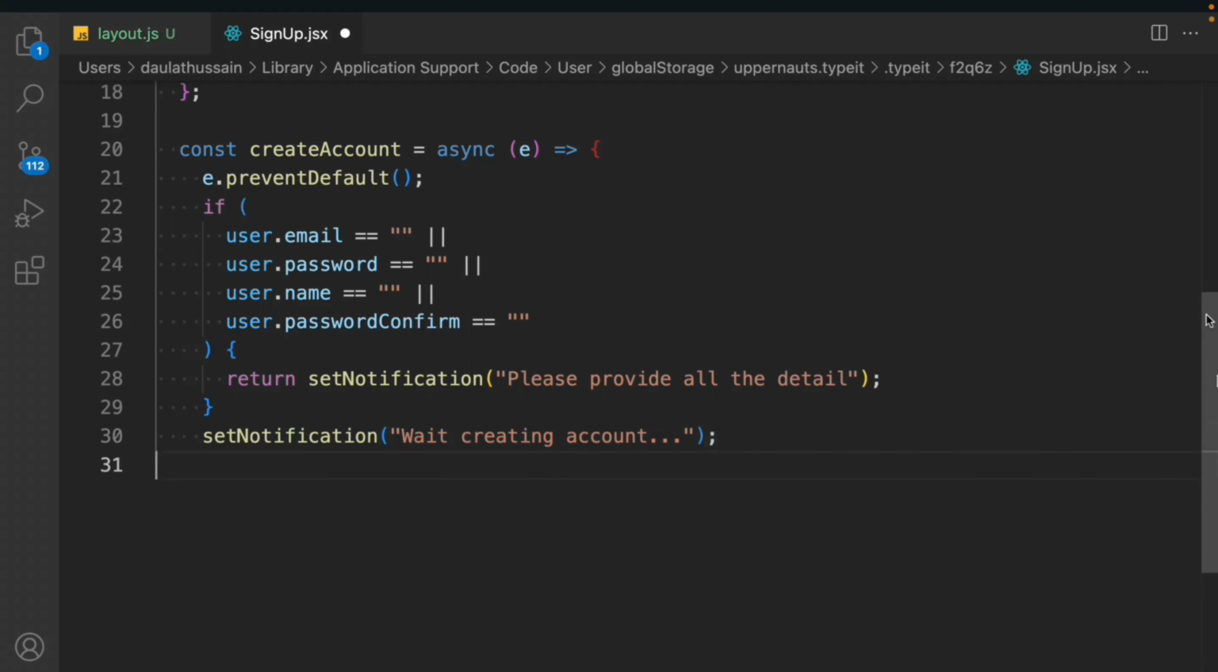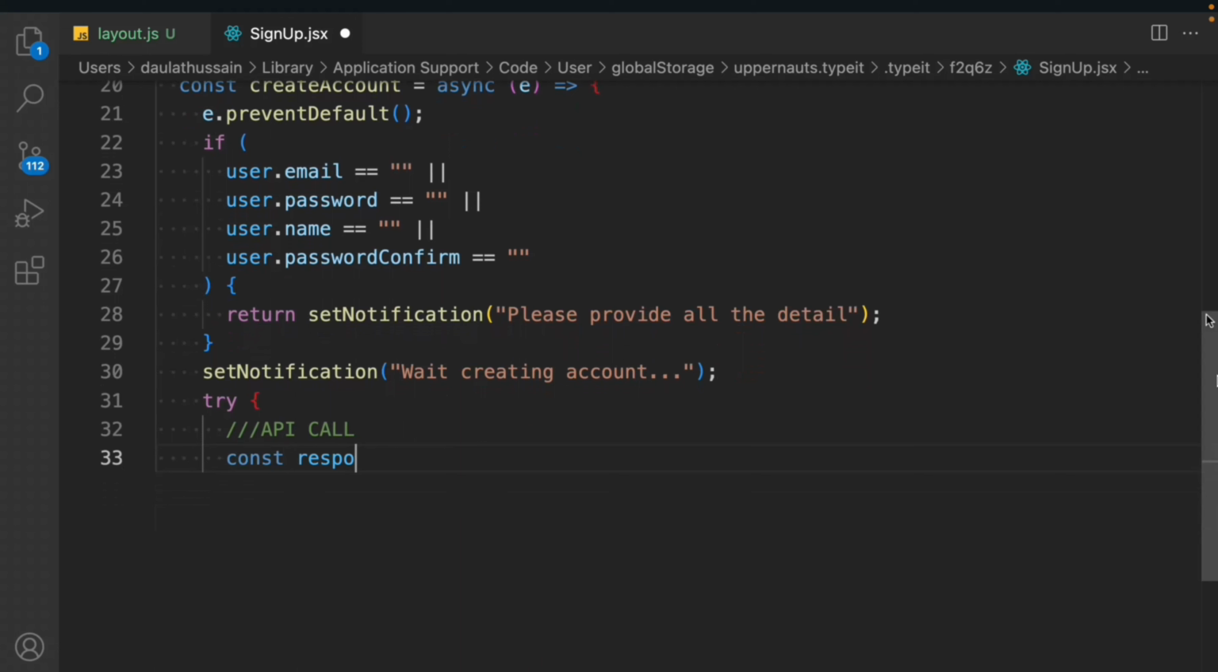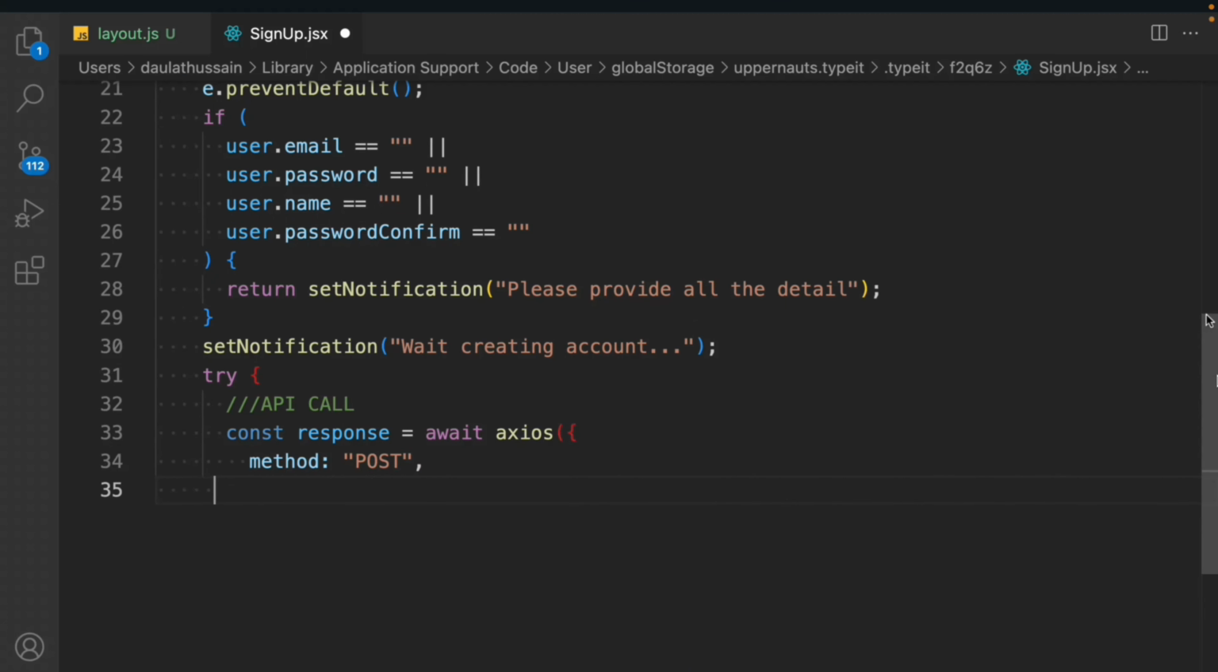So if he provided that, that means it will go to the next one. And in that we are saying that wait, creating your account. And here we have to build the logic. So we'll take this try and catch block, and we're going to make an API call. So we'll take this const, we'll say response await axios, and we have built this particular one. So we have to call this particular method post because we are creating the user. So post method, and this is the endpoint we have built, the URL